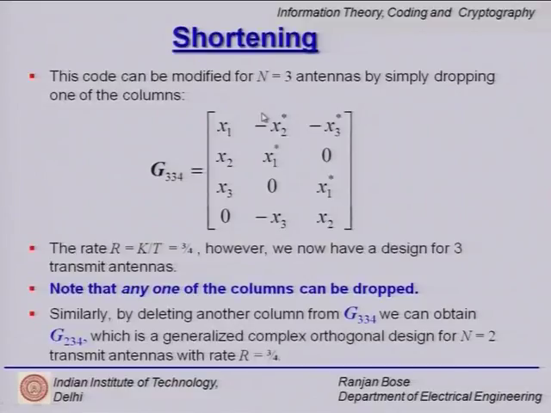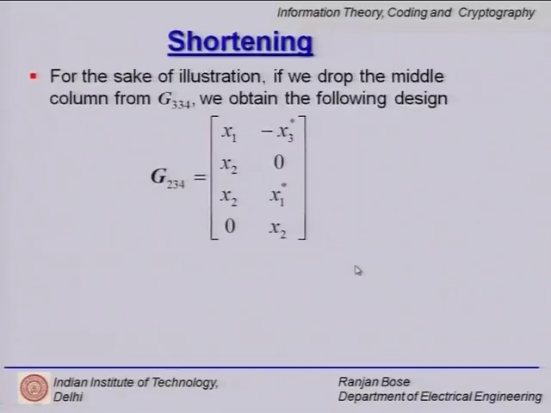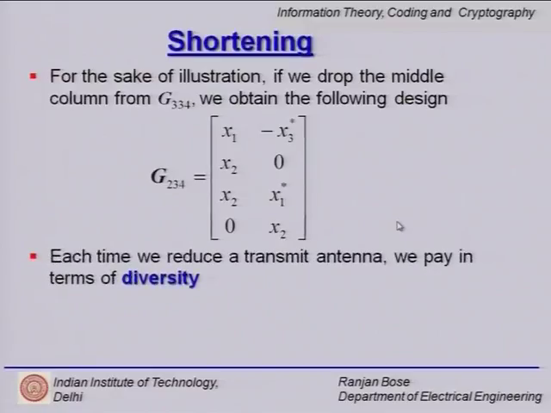So, it will have implications on the diversity gain. Yes, there is no free lunch, we are cutting back on the number of antenna elements, leading to the lowering of the diversity gain. But shortening is a very simple way to make my life simple. From a larger design, I can go down to a design with fewer antenna elements. Here I have dropped the 3rd column as well. So effectively, from the original design of G434, I have been able to drop the last 2 columns and retain the first 2 columns, and I still have this design.